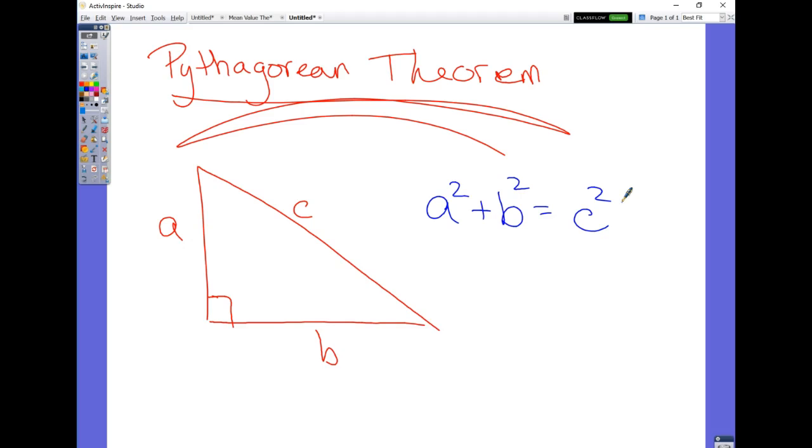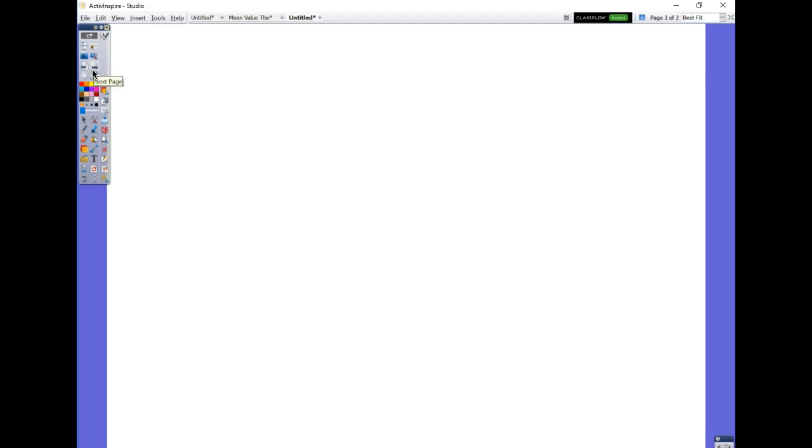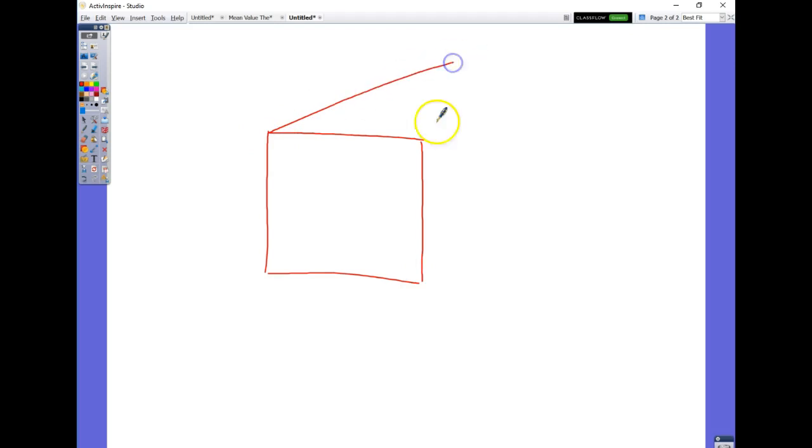But let me ask you this. Let's say I give you a weird and unique situation. What if it weren't a triangle per se, but rather, what if I gave you a rectangular box? And in this rectangular box,